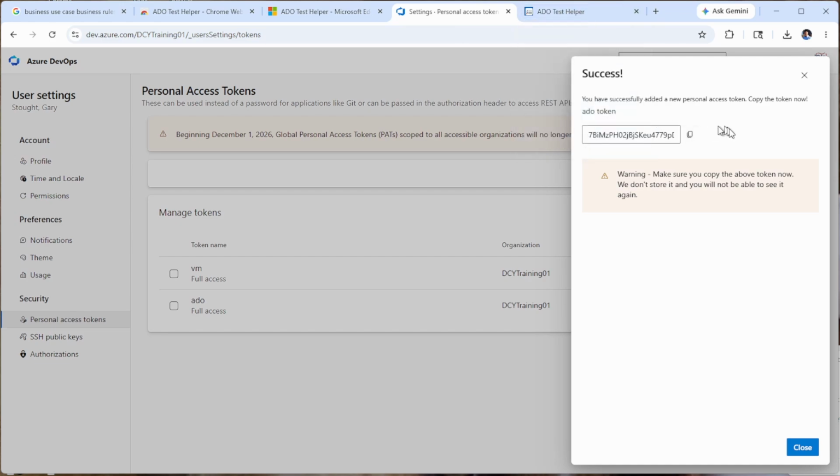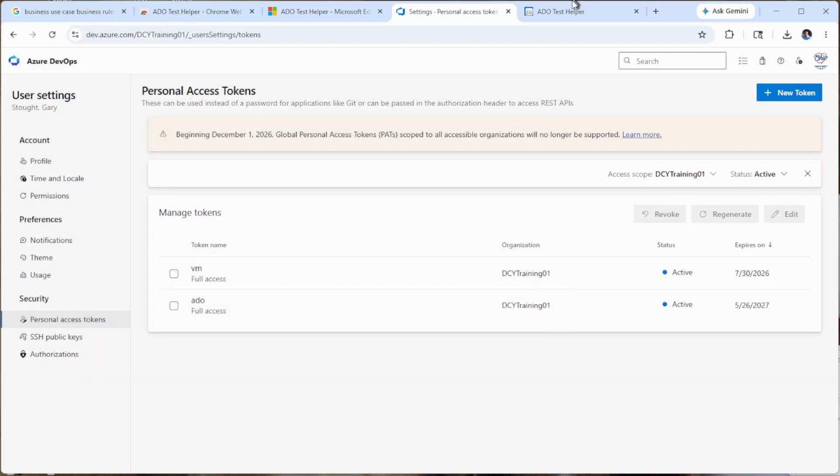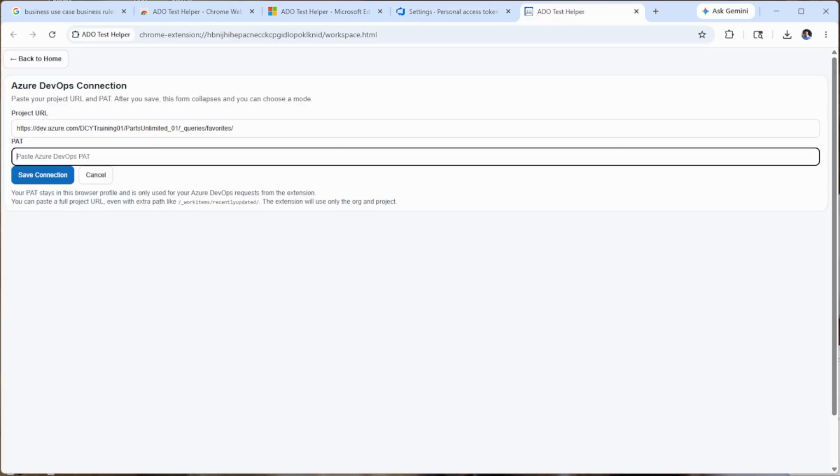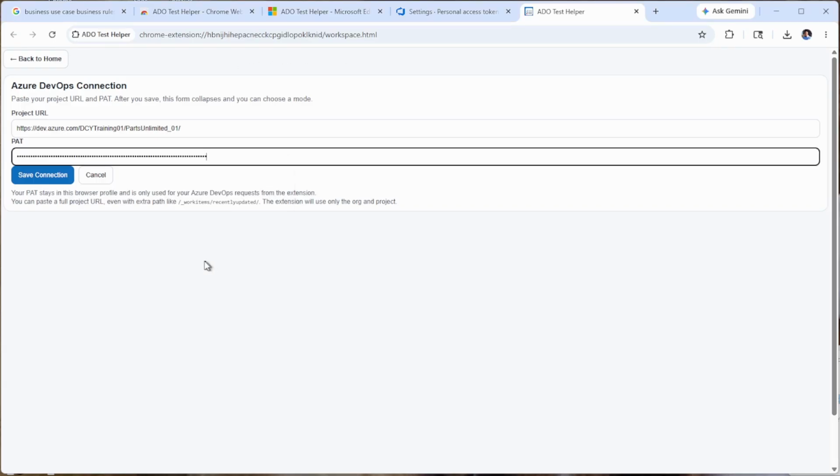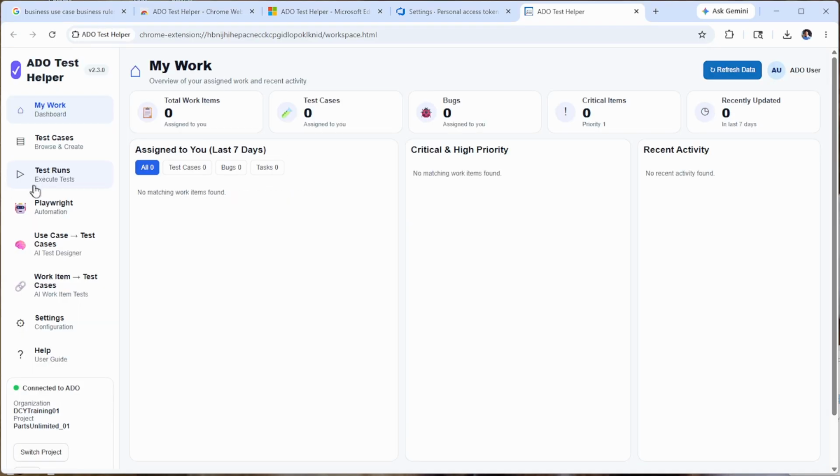But keep it just to be safe, so you don't have to do this part. So anyway, I'm going to put my token in. I already have it. I'm going to grab it over here. So I'm going to paste the token over here, and I'm going to click Save Connection. And this takes you right